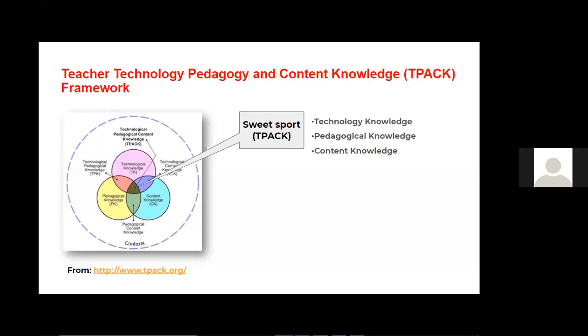Then pedagogical knowledge is how you intend to deliver this lesson or content that you are planning to the learners. So you are bringing in a pedagogical design such as active teaching and learning, problem-based learning, blended learning, all that, not forgetting what we call the 21st century learning design framework.